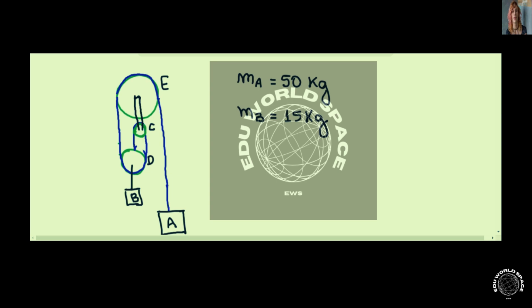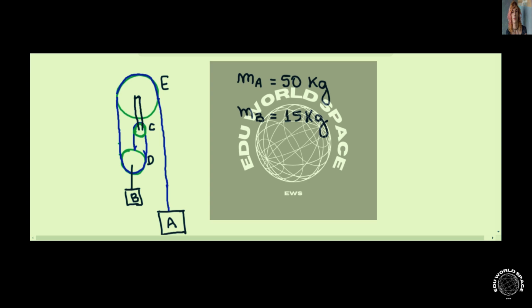So the same string that connects block A to pulley E connects pulley E to pulley D and pulley D to pulley C. Okay, so before actually solving the exercise, let's just make a couple of comments about how to